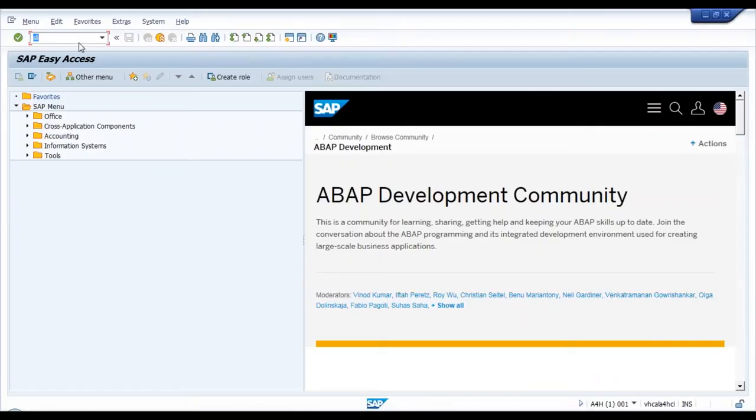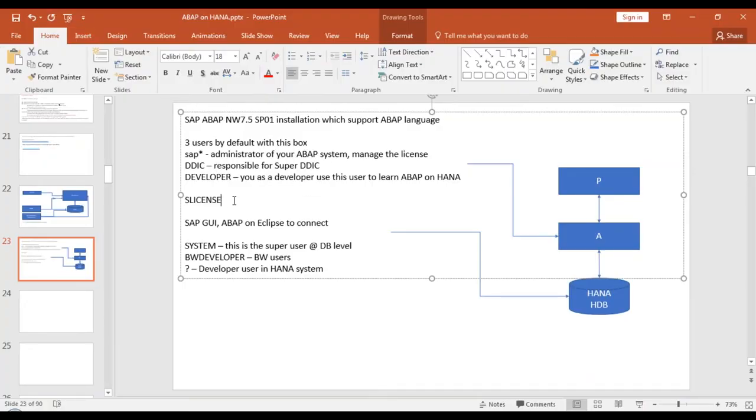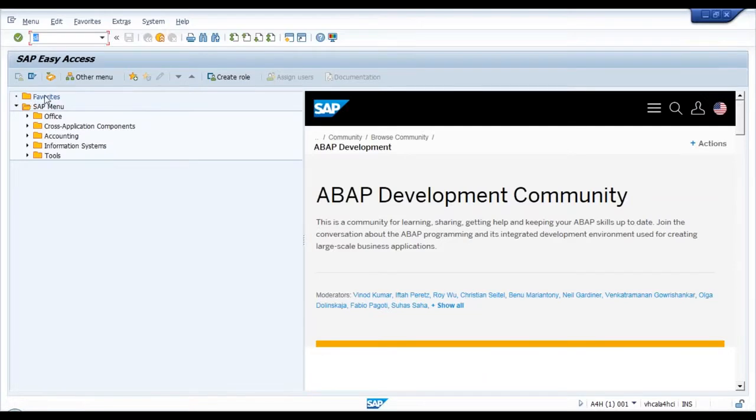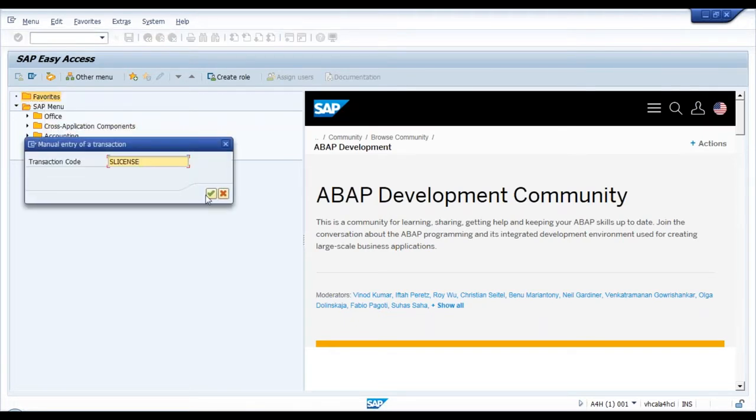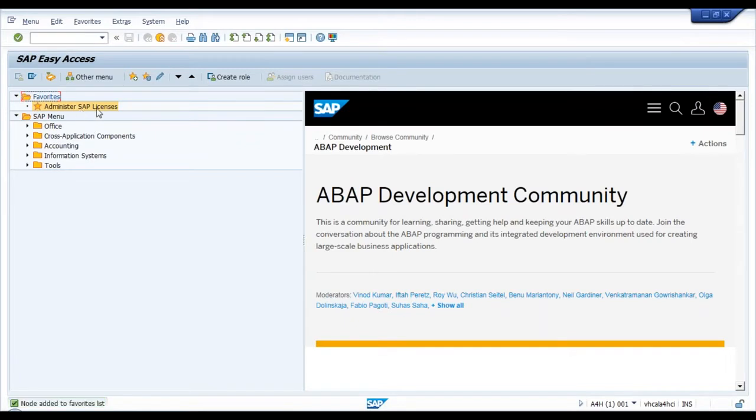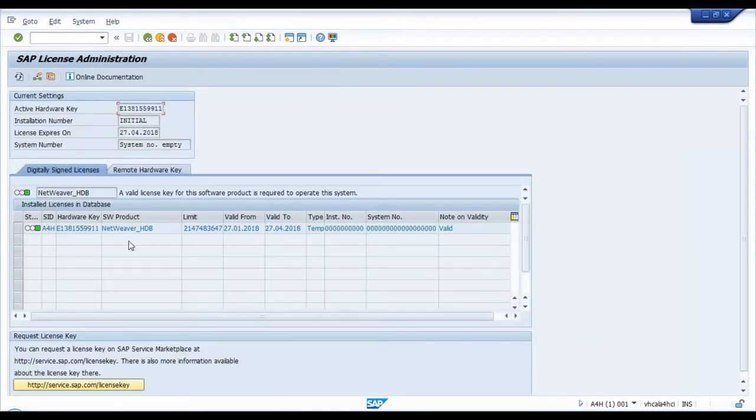Okay, SLICENSE. This is the T code to set up the license. Okay, let's use this. So SLICENSE, I will always add every transaction which I'm teaching in this course in the favorites. So insert transaction so that you guys can remember, and I include it, and you see administrator SAP licenses. Go inside and you see here this is the license which is already there, going to expire,